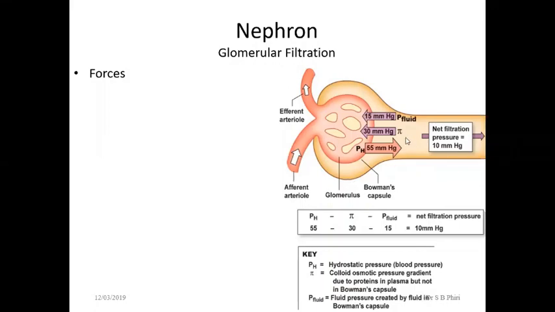The oncotic pressure in the Bowman space is almost zero. But that oncotic pressure would encourage filtration, because the proteins in the Bowman space would want to attract water molecules from the capillaries into the Bowman space. That would facilitate filtration. But because the concentration of these proteins within the Bowman space is almost zero, that oncotic pressure is almost zero. It's not considered, unless there is a disease, like in the case of proteinuria, whereby you have proteins in